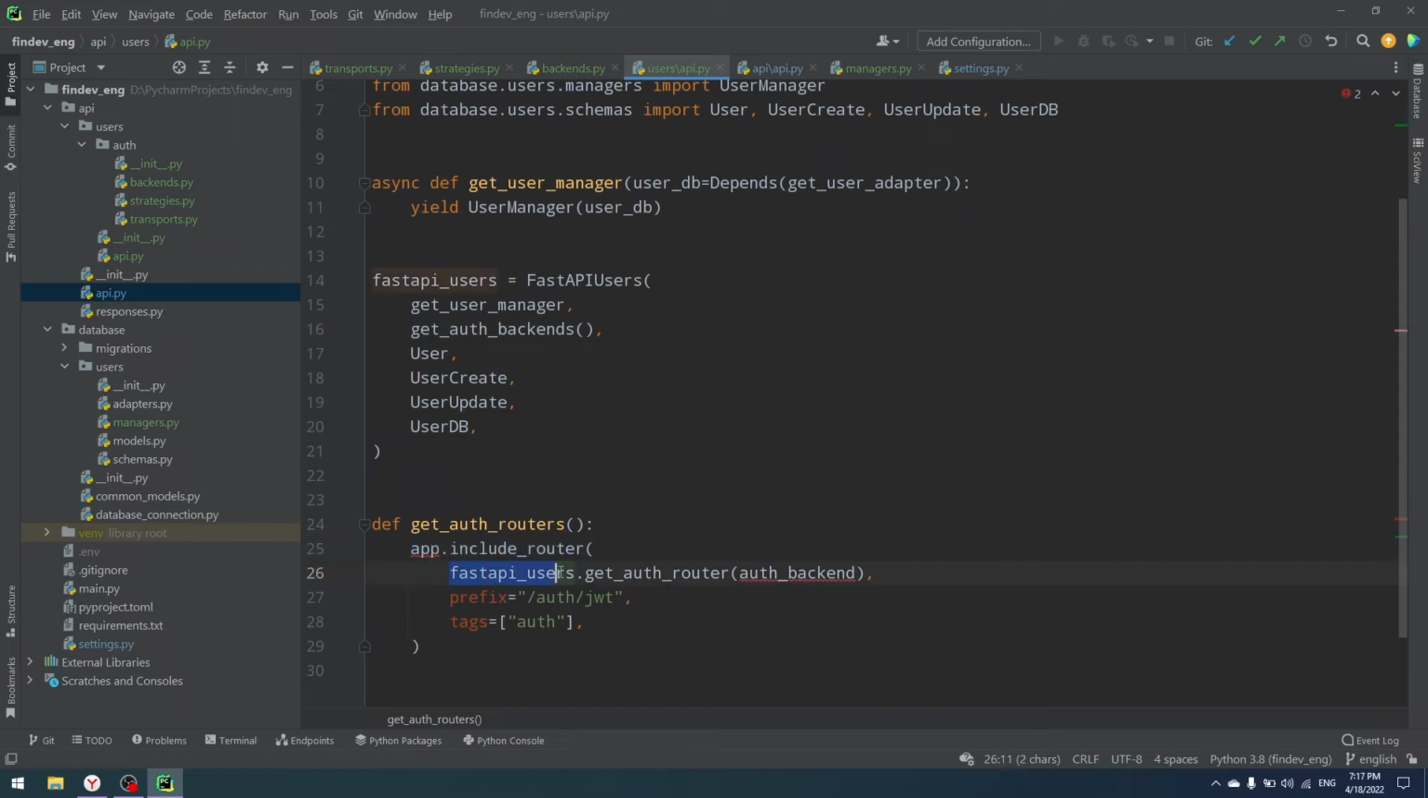But as you can see, FastAPI uses the get auth router function, which returns our router for user authentication, and it has auth backend as an argument. So auth backend is what auth backend you want to use for that router. We can have different auth backends, as I said, and what I'm gonna do inside of my get auth routers here is iterate through all of my backends and create